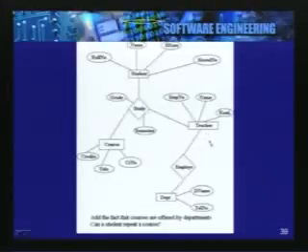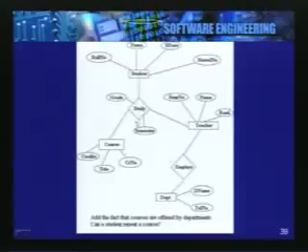Now, having understood the entities and also the attributes that they have, let us look at one relationship at a time. So, we see here the relationship which says that department employs teachers. It is again obvious to understand because the name employs conveys what the connection between the two entities is.